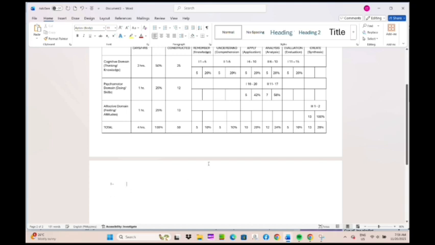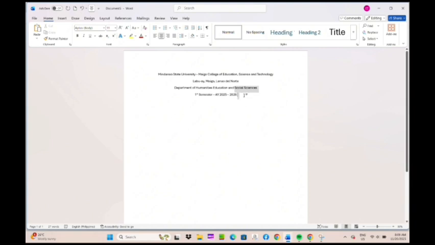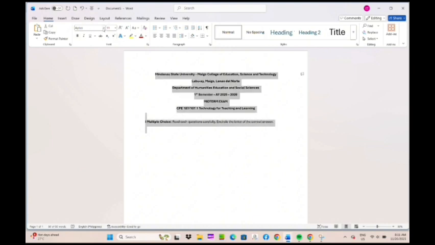To conclude, in creating the questionnaire we have multiple choice, true or false, and essay. Now let's get started constructing a test questionnaire based on the table of specification. First, we put the name of the school, location, department, academic year, term exam, and the course code and course title. We have the instruction for multiple choice: read each question carefully and circle the letter of the correct answer.